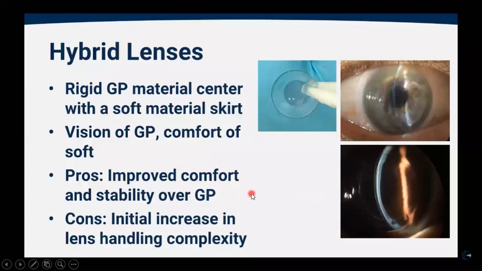Problem with hybrid lenses is again handling is difficult because in the same lens you have an RGP and you have a soft. So handling is difficult. You have to be very careful when you are cleaning this lens that you do not put pressure at these junctions where these two lenses meet, then the lens can tear out from the junctions, and sometimes it also leads to hypoxia because RGP's oxygen permeability is good but the soft lens's is not good, and then in the periphery you will see the hypoxia issues.